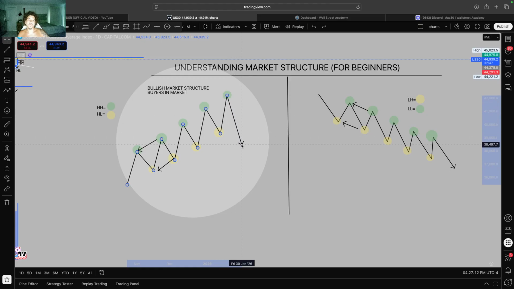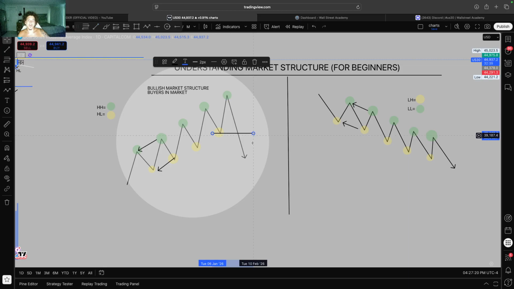If this would go like this, boom, then this structure right here is broken. This is a broken structure. So what are we looking for? Once the structure breaks, sells. Right here, this already turned into, if this is the 1 hour or the 2 hour or the 4 hour,